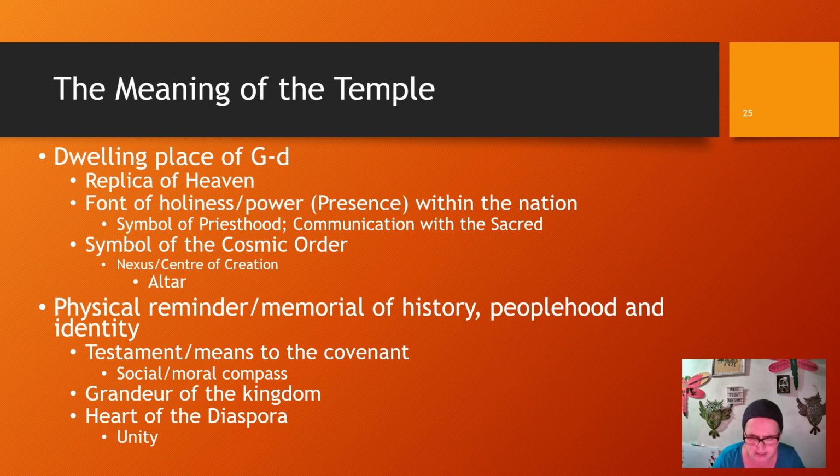It displayed the grandeur of the kingdom, and yes, reflected well on the king. King Solomon's two great achievements really were the building of the temple and the building of his palace. So his rule was made greater and stronger and more impressive by his building projects. And as such, under David and under Solomon, the one temple was symbolic of the unity of the people